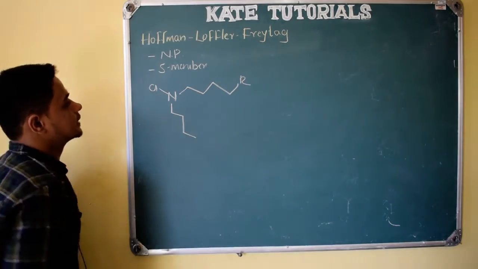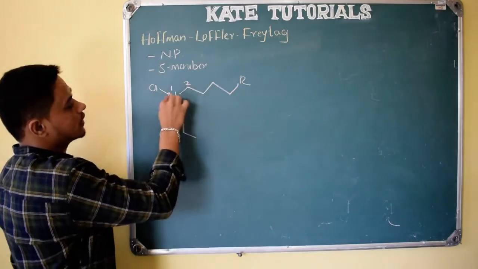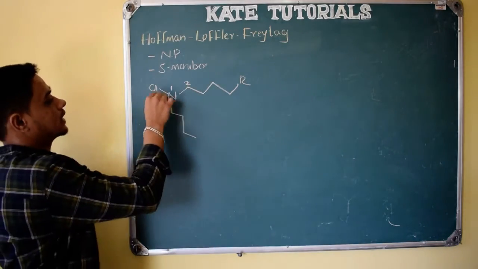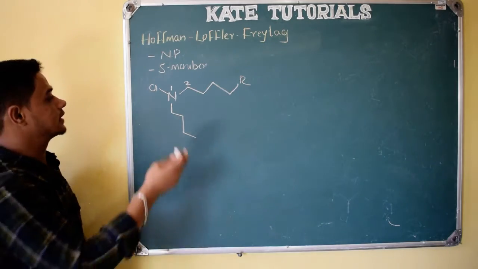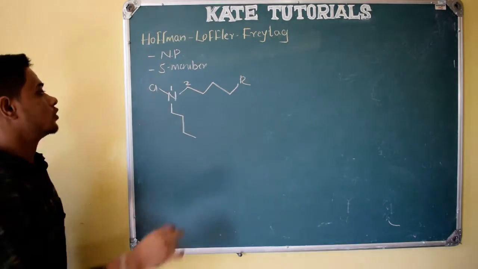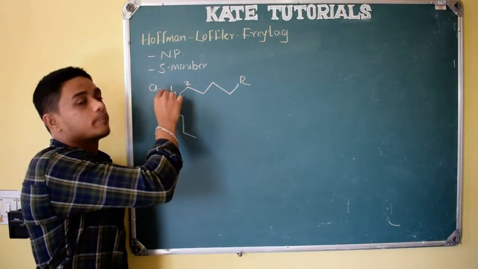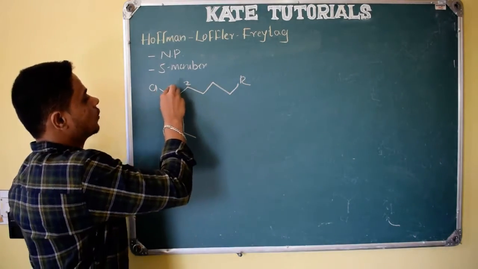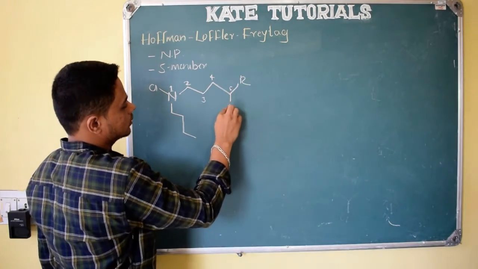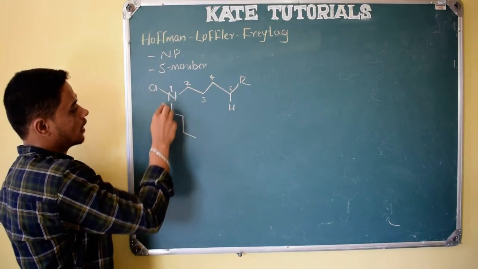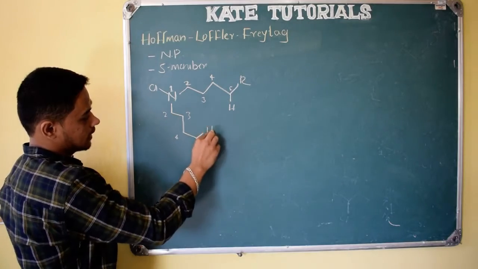Okay, see here, if I number nitrogen 1, 2. Why should we number nitrogen first? Because nitrogen is a heteroatom. In photochemical condition or thermal condition, there will be homolytic cleavage. So first the radical will be formed on nitrogen, an N-centered radical. So we will number nitrogen as 1. See next, 1, 2, 3, 4, fifth carbon containing hydrogen. And here also if I mention 1, 2, 3, 4, 5, fifth carbon containing hydrogen.